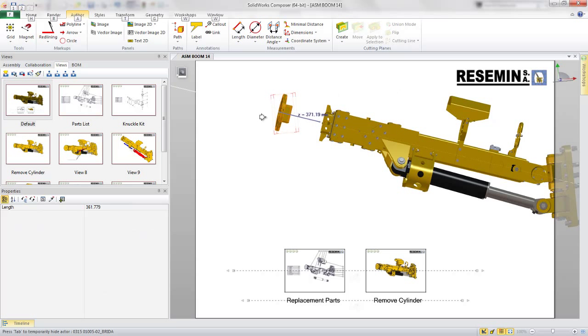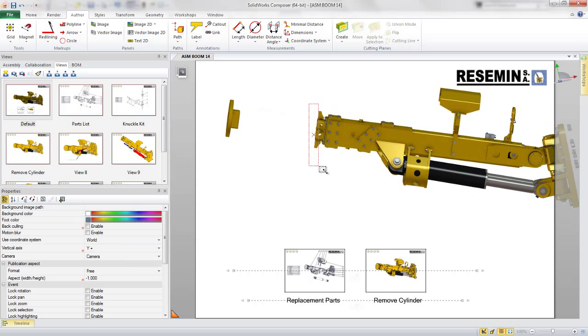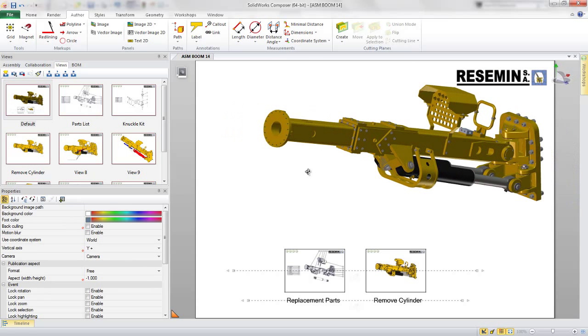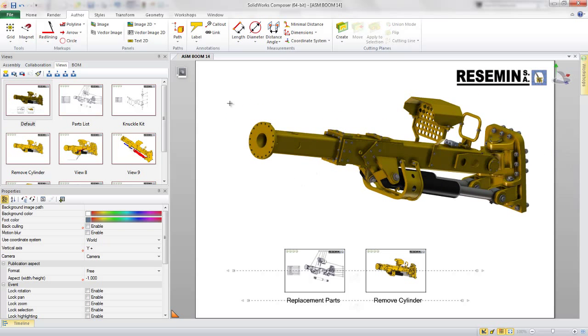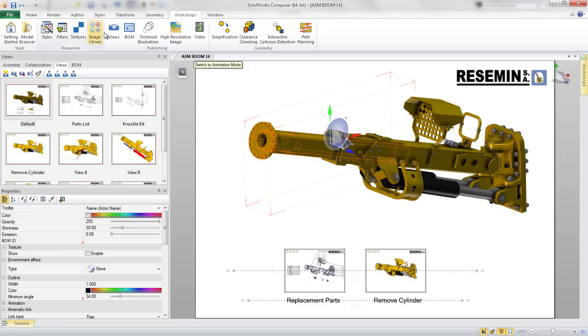We're going to do this a little bit differently though. Let's go ahead and start by exploding these components like we did before. This is going to set the position of where we want this boom to appear in its extended position. We're going to use one of the other workshops in SolidWorks Composer called the View Workshop to create a custom